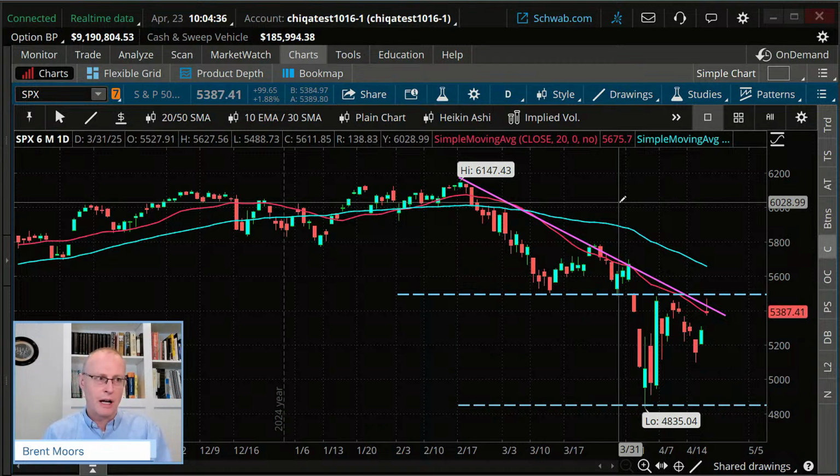But let's start off with implied volatility. Implied volatility is just a measure of how expensive options are. In general, options are more expensive when there's more uncertainty about the market, when there's more expectation for movement in the market. And right now, there's a lot of uncertainty in the market, maybe a little less so right now than there was a week ago, who knows.